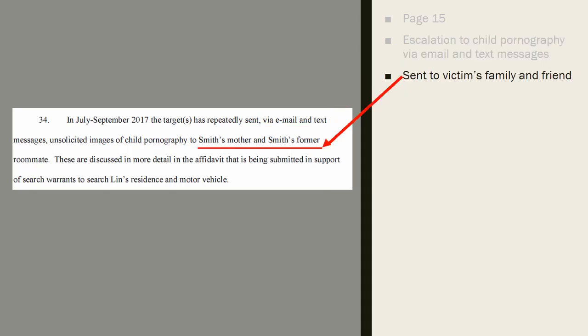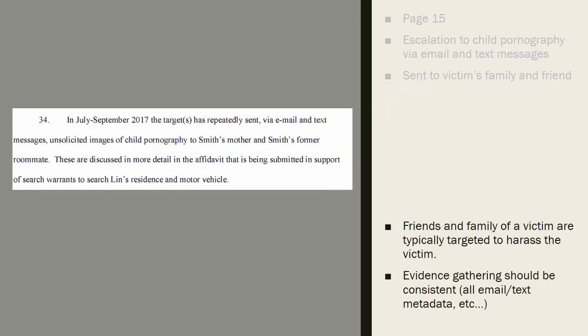Again, these are sent to the victim's friends and family. Going back to the connections, when you're seeing these things happen to connected people to your victim, although the victim is connected to these victims, they're both connected to the suspect. So that is your connection circle right there. And again, friends and family are typically victimized in an attempt to further victimize the victim. As far as the evidence goes, again, I'll say it again, every email, every text message is another opportunity to get more metadata, more content, and more evidence to pin identity onto a suspect.